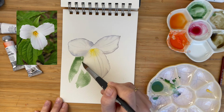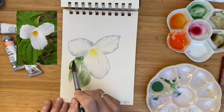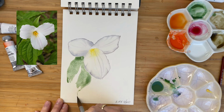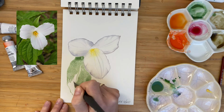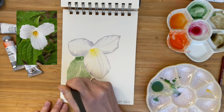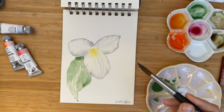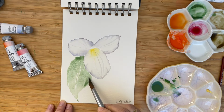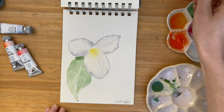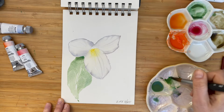I just find a nice shape for them. And I want to have some white areas around. The more I go outside from the flower, the lighter I would like to have my mix. Therefore, I lift up a little bit of paint, and I can add a couple of bolder greens